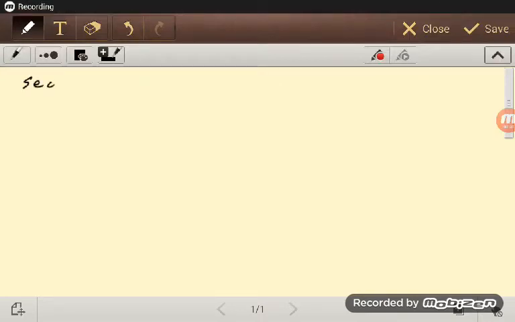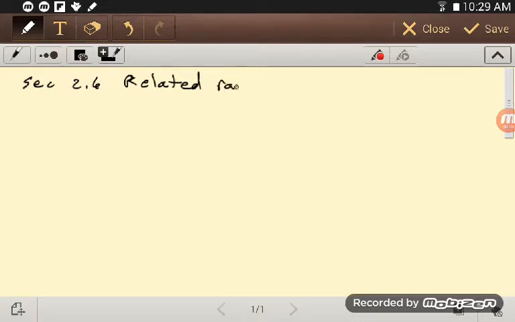So section 2.6 is related rates. The textbook says related rates is a case of a chain rule application, which definitely it is the chain rule. And it says it's to find rates of change for two or more related variables. So let's write that down. Two or more related variables